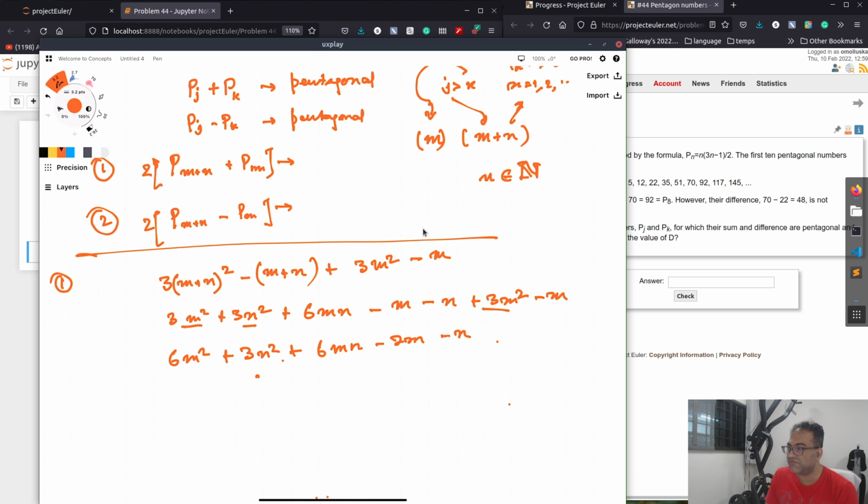So we have to convert this into a pentagonal number of some form. So if we just look at this, this is 6m square minus 2m,